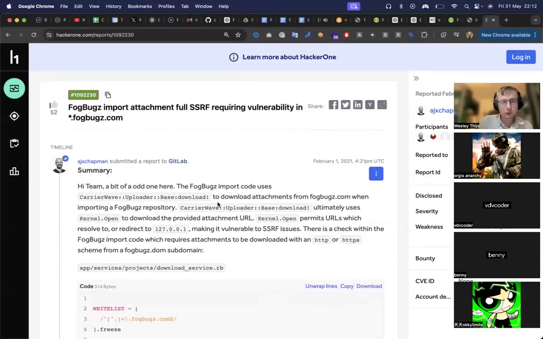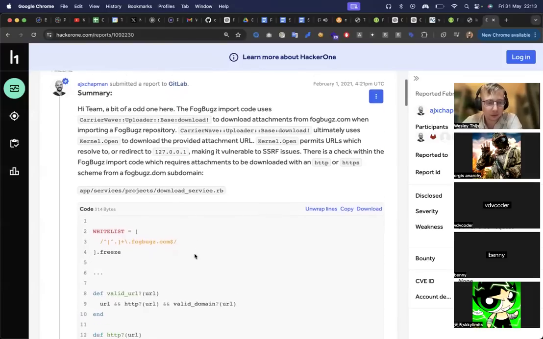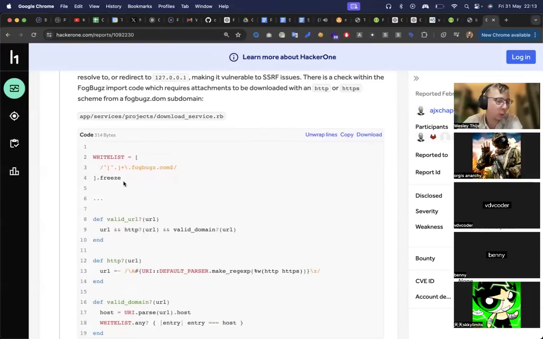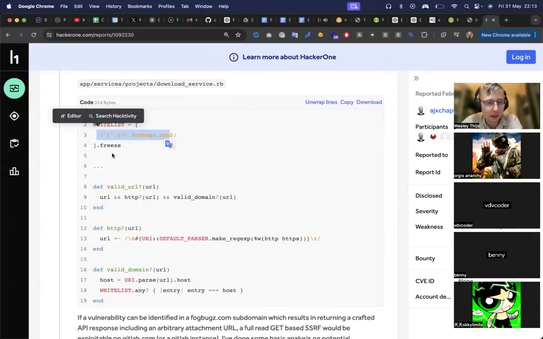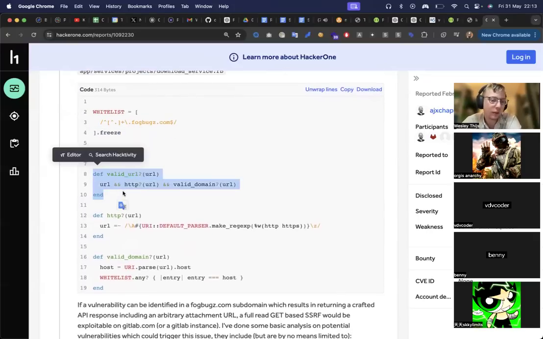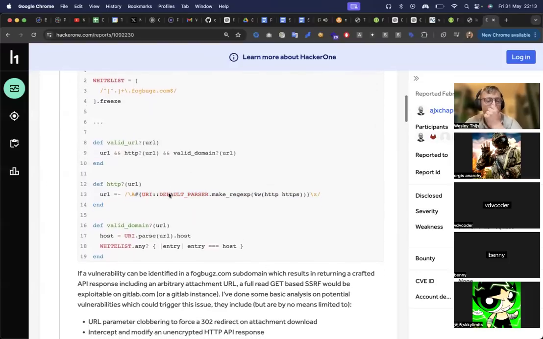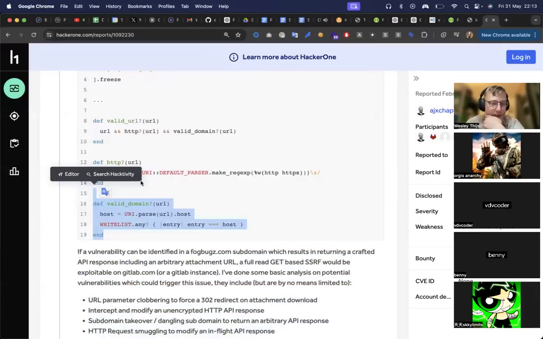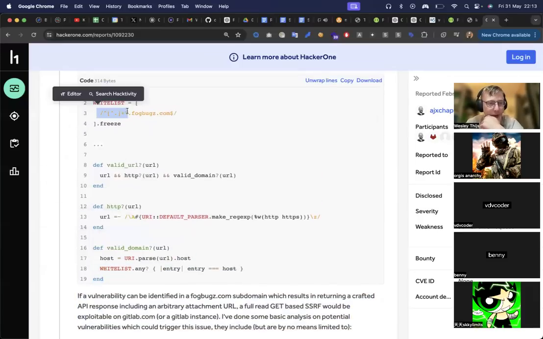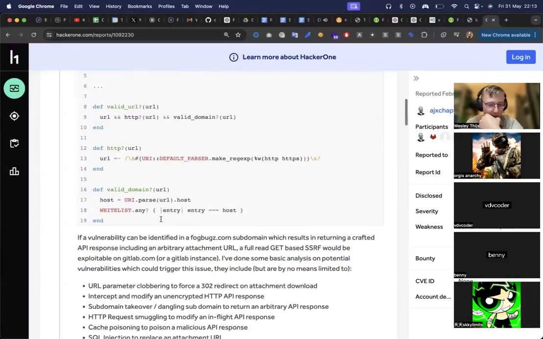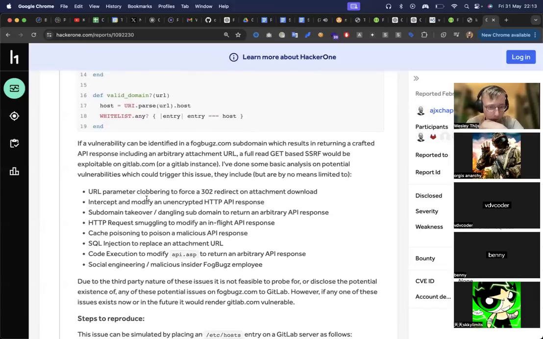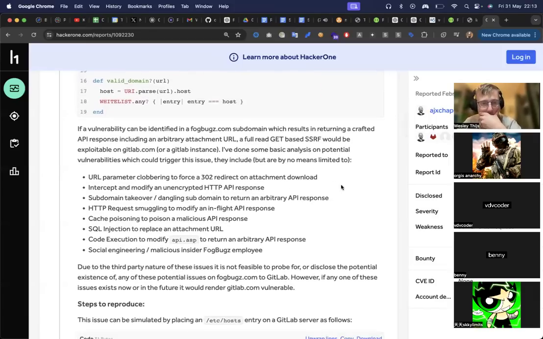This one here, he says FogBugz import attachment full SSRF vulnerability. So basically, let's see what he's doing right here. He's making a whitelist. This is just an enumerator, basically a set value that's not going to change. He's going to see if the URL is valid. He's going to define an HTTP URL right here, and he's going to check if domains are valid. Basically, any subdomain right here, he's going to try to make a request towards. Let's see why that is. URL parameter clobbering to force